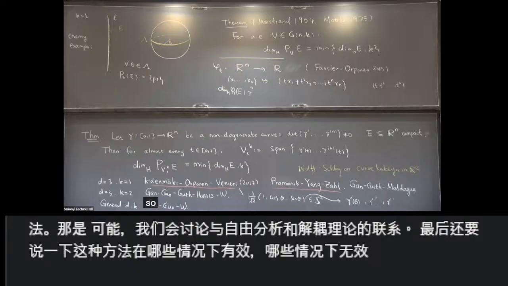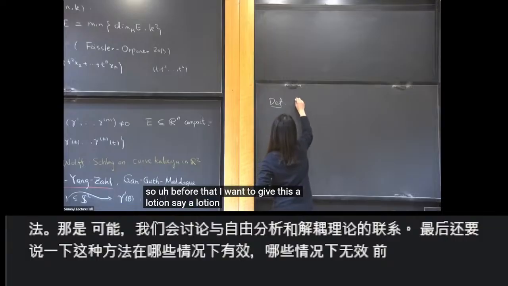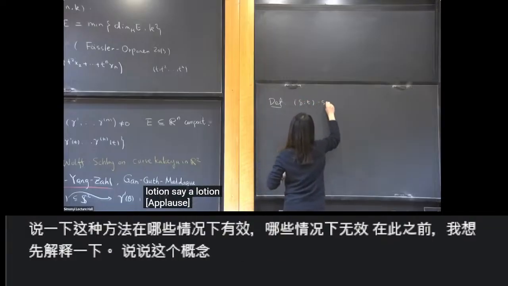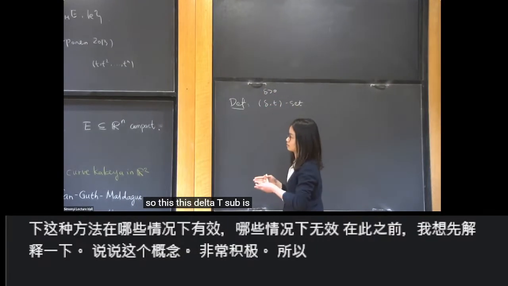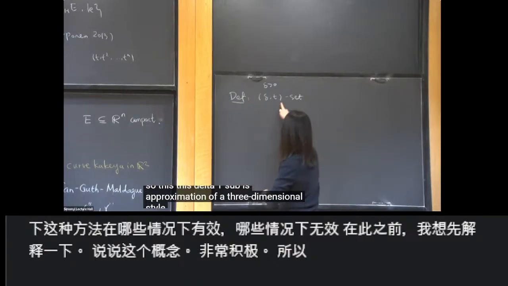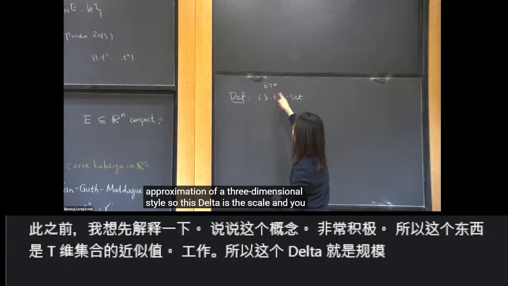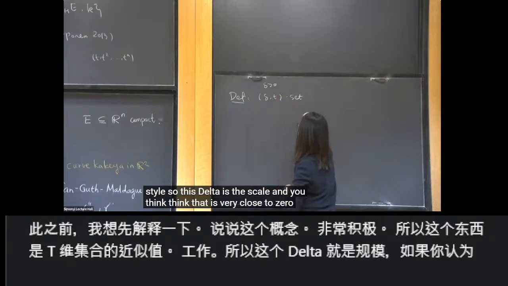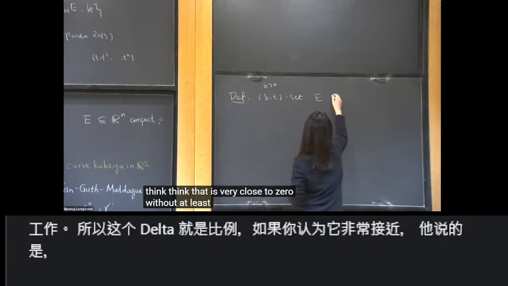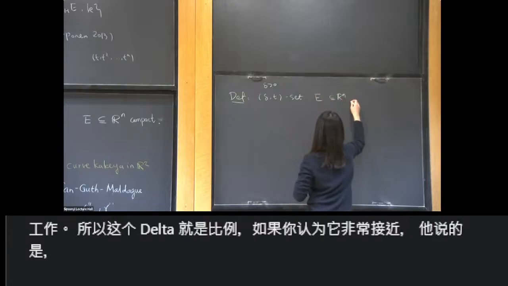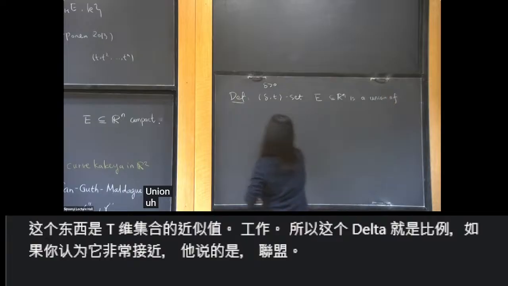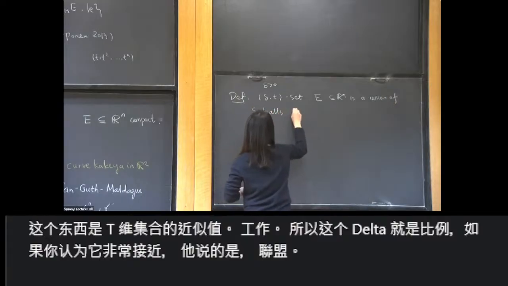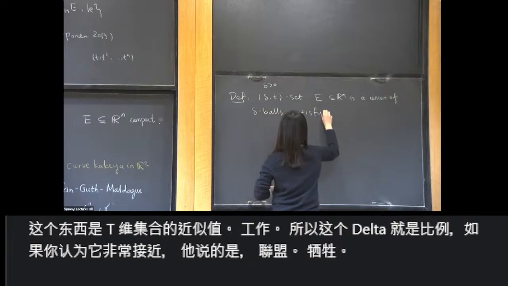Okay. So before that, I want to introduce a notion of delta-T set. Say delta is positive. This delta-T set is an approximation of a T-dimensional set. This delta is the scale, and we should think that it's very close to 0. So a delta-T set E is a union of delta balls satisfying